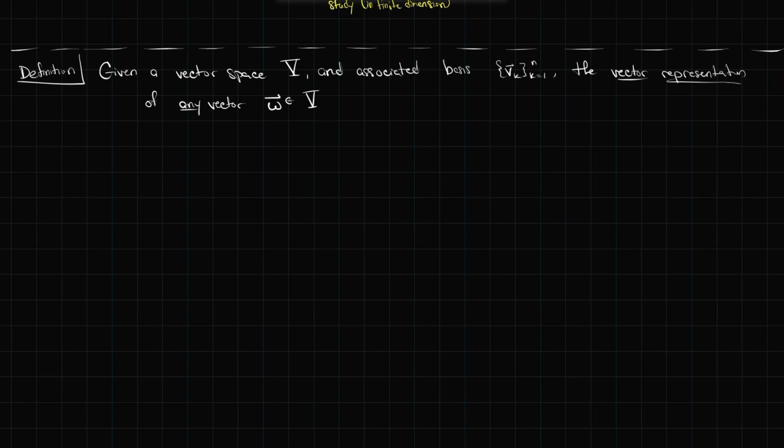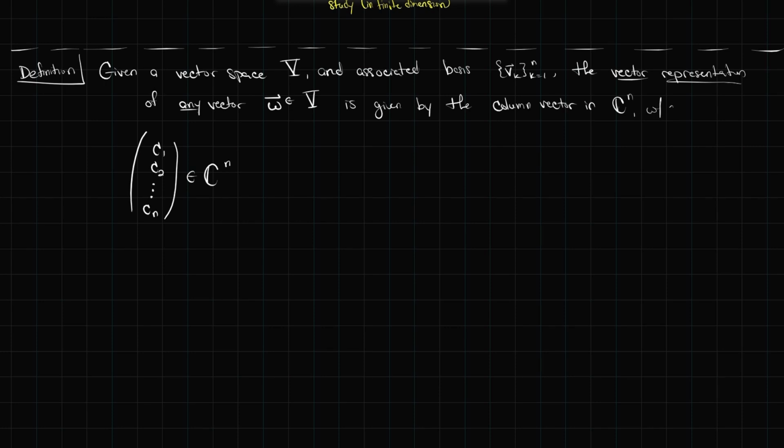So I have some other vector w inside of my space, gains a representation. So the vector representation is given by the column vector in c to the n. So it's a column vector c1, c2, ... cn, which is a member of this space, with subscript vk, a basis. So then I write the subscript in here, vk,